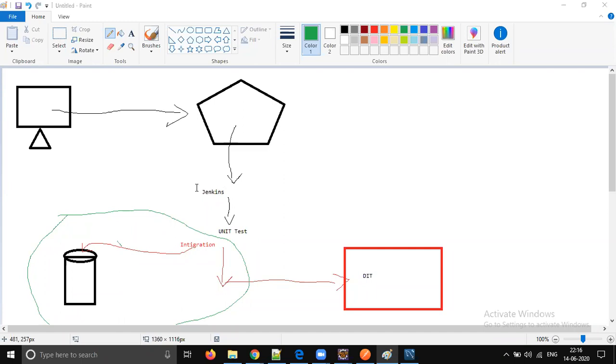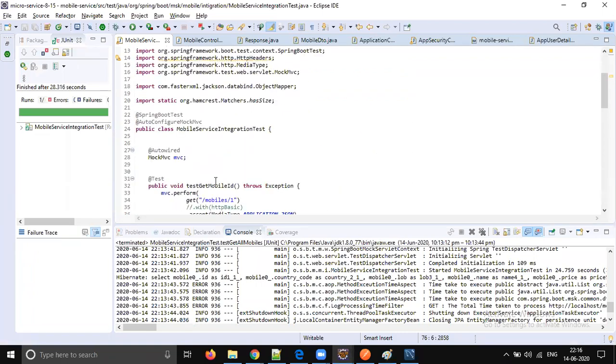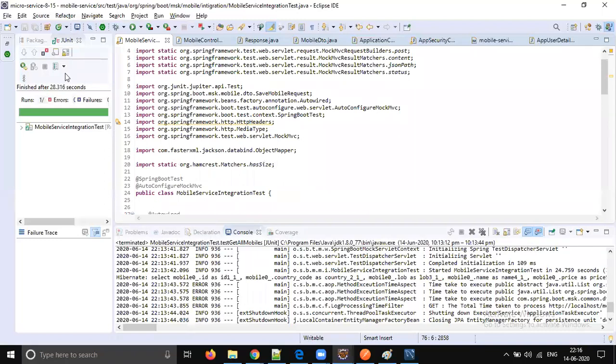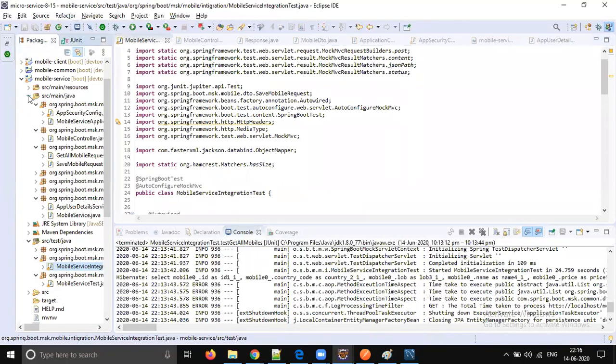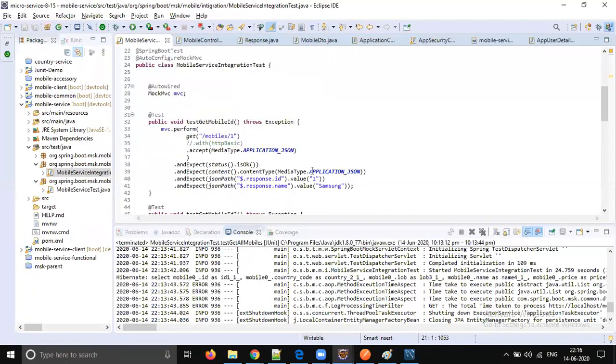So be very careful. In a pure microservices development environment, we should also have integration test cases which take care of the application end to end. So this is all about unit testing and integration testing. I showed it at a very high level, like how to write and test it and how exactly things work. You should spend some more time to understand this concept. For our case, we don't want to go very deep. I showed one or two examples for integration testing and one or two for unit testing.